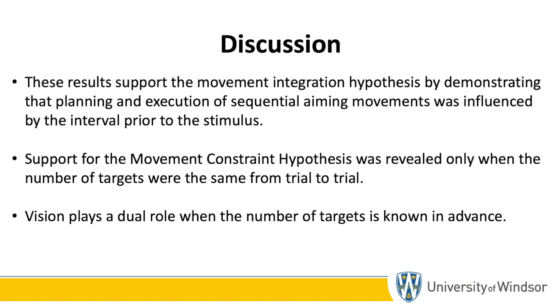First, along the lines of the movement integration hypothesis, the execution of the first segment is visually monitored in order to optimally time the implementation of the second segment. Second, along the lines of the movement constraint hypothesis, visual regulation serves to adjust limb trajectories to minimize variability at the first target. Reducing variability at the first target not only ensures that accuracy demands at the second target are met, but also enhances the transition between segments.